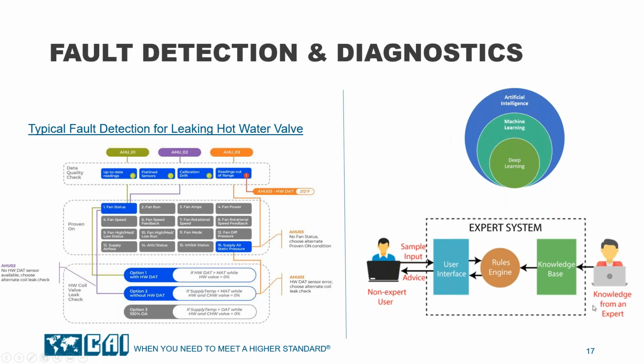You have the knowledge from an expert coming in and generating this rules engine, and then there's input from a user that comes back out and gives you some advice on what to do. In what we see every day, I like to compare this to tax software, right? You've got TurboTax on your machine. They don't just take in a whole bunch of tax returns, or a whole bunch of W-2s and tax information, and then spit out answers from that.